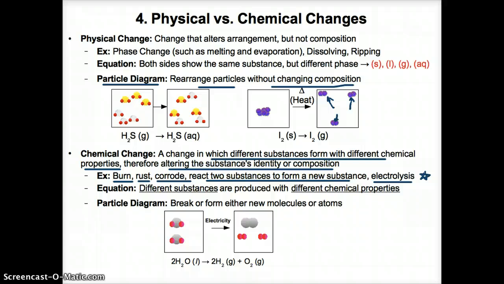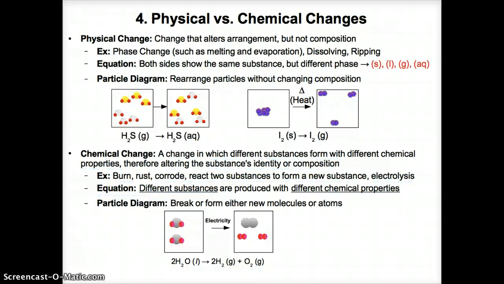Now, a chemical change equation shows different substances being produced with different chemical properties since their identities change. For example, with the electrolysis of water, as you'll see down here, electricity will be passed through the compound liquid water to decompose or break it down to simpler substances, specifically, as shown in this chemical change equation, 2 units of the element hydrogen as a molecule and 1 unit of the element oxygen as a molecule. All right, so the compound liquid water before the chemical change forms 2 new substances, the elements hydrogen and oxygen, after electrolysis, meaning the chemical properties after this chemical change are different due to new substances with new identities being